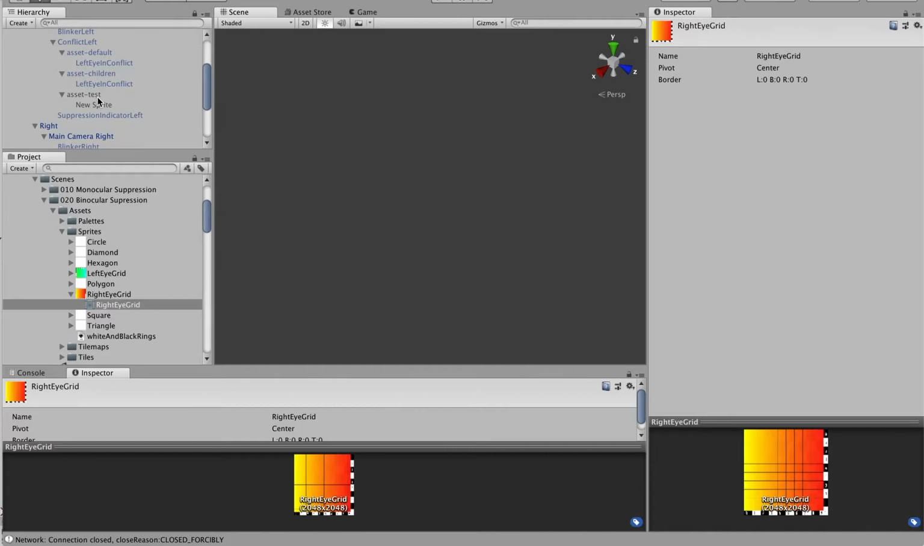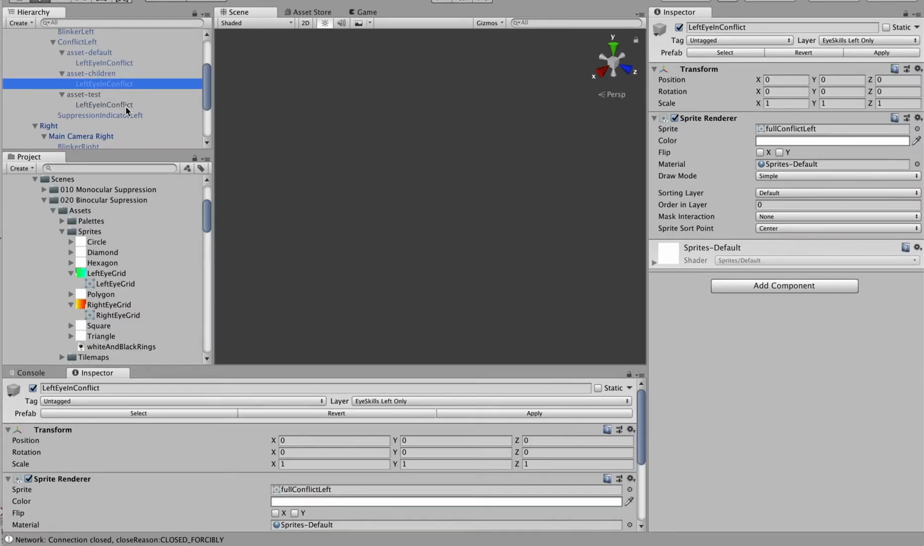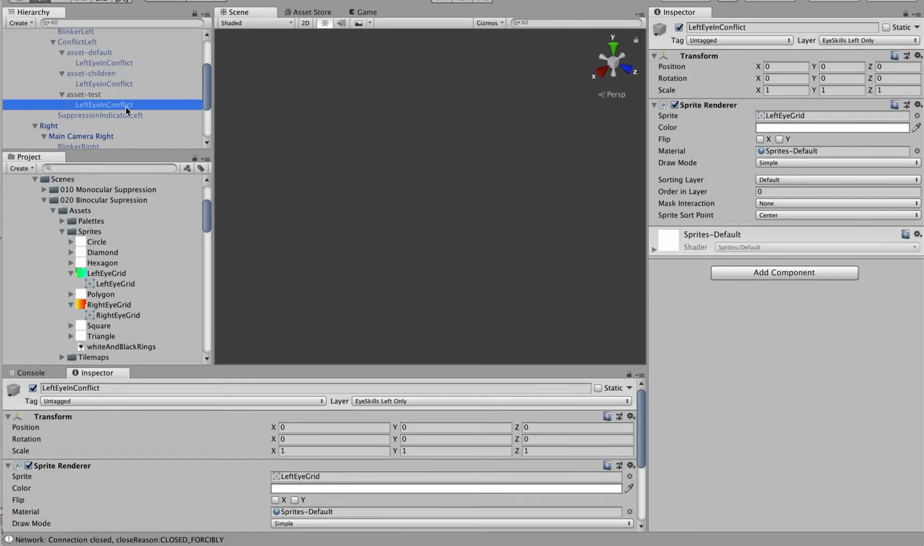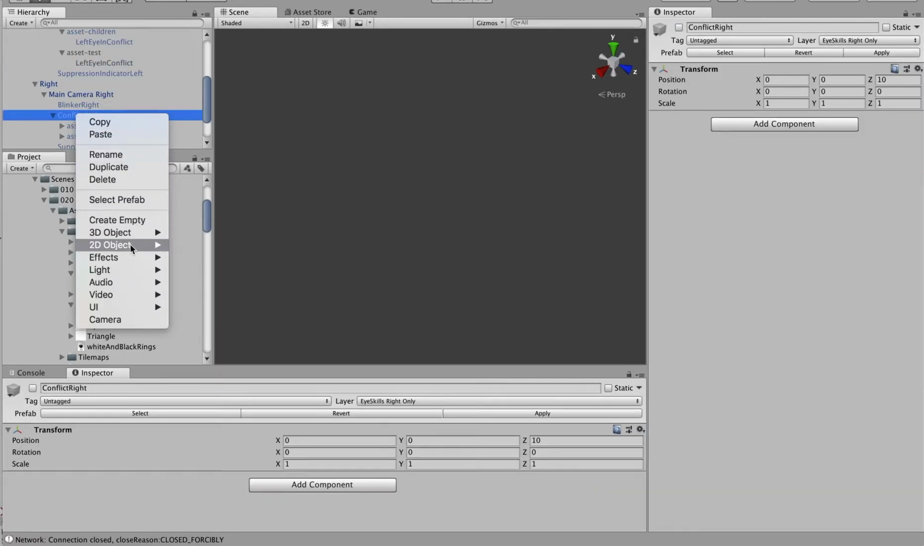We're going to pop here in our new sprite, let's call this left eye in conflict for the sake of consistency, and we're going to drag across this new left eye grid into the sprite field here. The material, I think here I've done it unlit. Oh no, sprite's default. Okay, let's just see how that goes. And we'll do the same thing down here. We'll add a new game object,